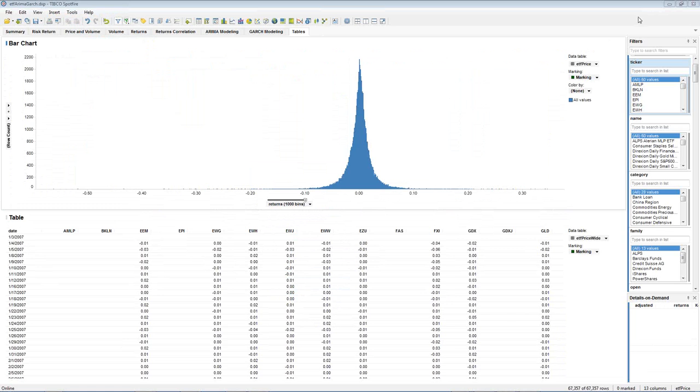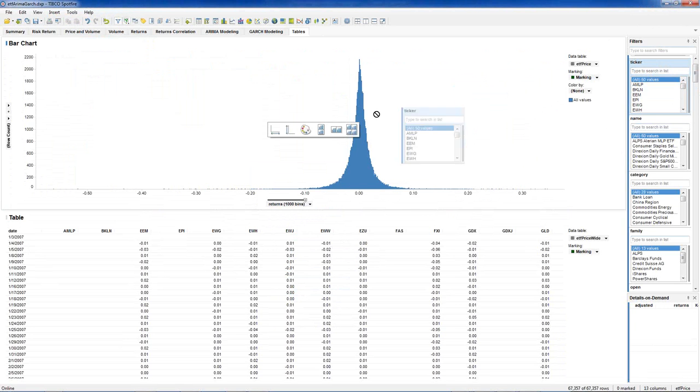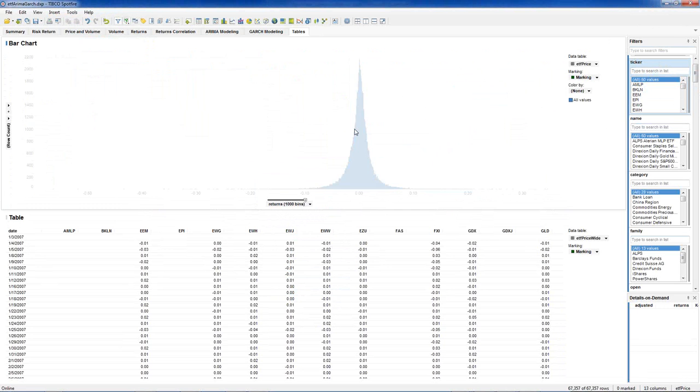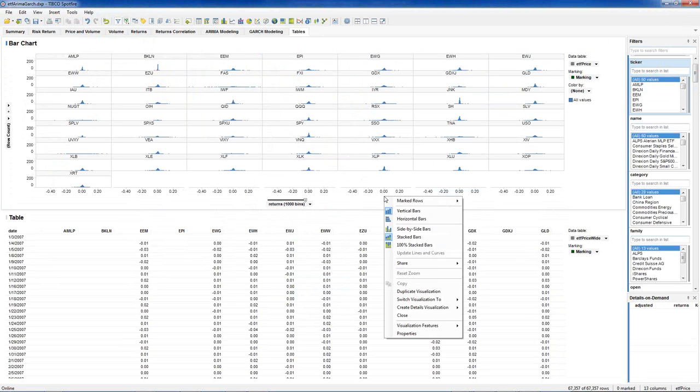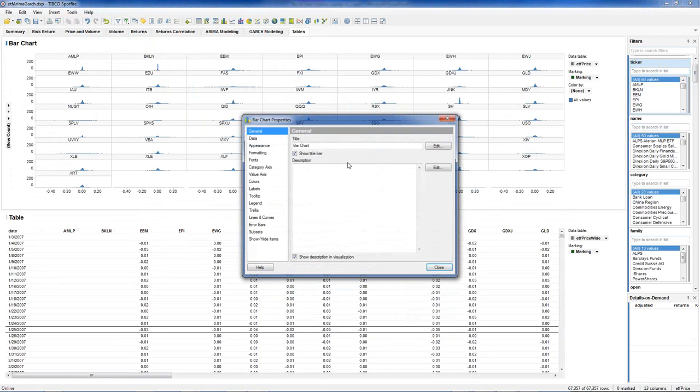So here it is. Now I'm looking at overall returns or market returns for the entire data set. What I'd like to do is to trellis these and look at the individual ones. So I'll throw that onto the trellis pane, and here we go, trellis them.